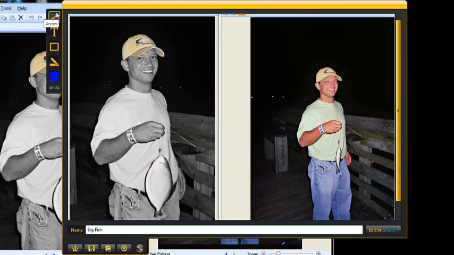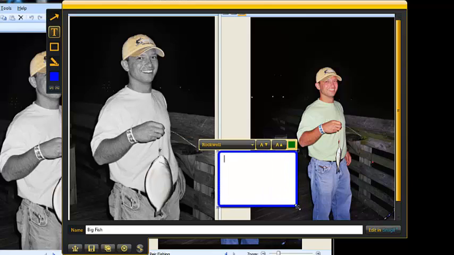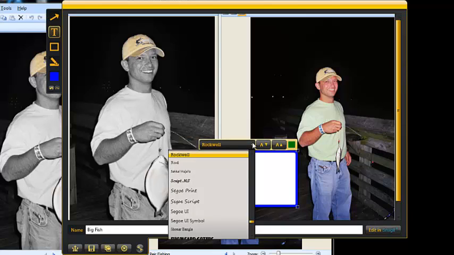making some annotations. The first thing I'm going to do is create a text box, and from here all I'm going to do is left click where I want to create my text box, and I'm going to hold down that left button, and drag it as big as I would like on the area. On top of my text box, it allows me to change my font. It gives me a pull down menu, and I can change my font into a number of fonts. I'm going to keep it as Rockwell,